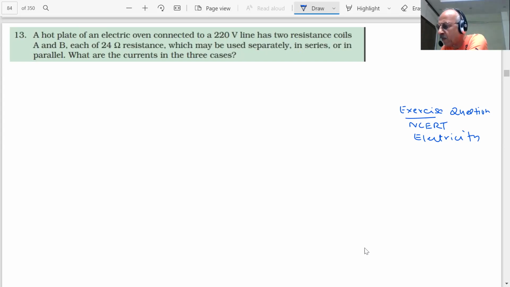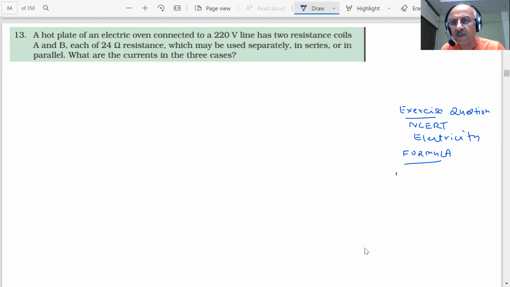We are going to solve more questions today from the chapter of electricity, the 12th chapter of the 10th CBSE science. You already know the type of formulas which are being used again and again. Certain formulas are important which we must learn. I always say that these formulas should be written on a piece of paper and stuck to the table where you are sitting, so that you do not forget them.